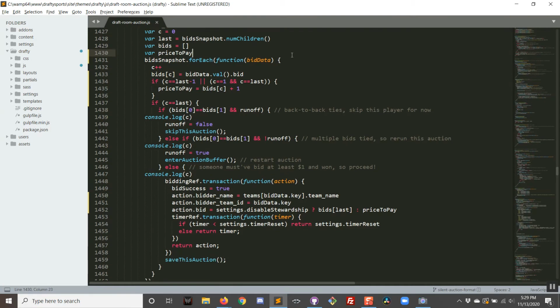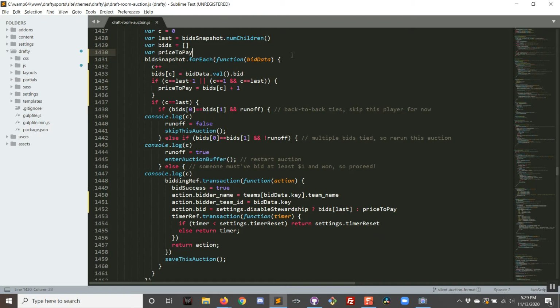And then for each bidder, we capture what their bid is. And then when we get to the next to the last high bidder, we set a value for the price to pay. And I am working this out where in a custom draft room, you will be able to request, I'm going to call it, you can request to disable stewardship. And so what someone bids is what they will pay, which is probably how these blind bid formats mostly work